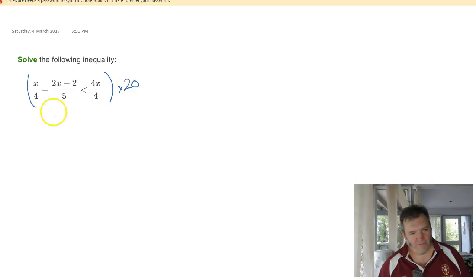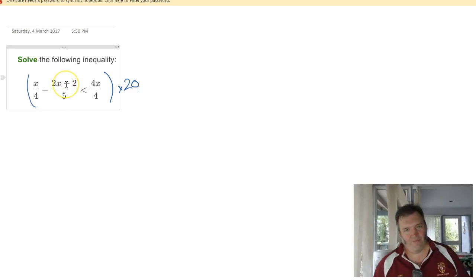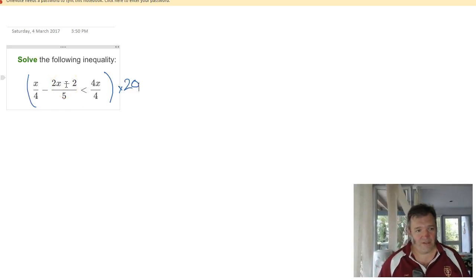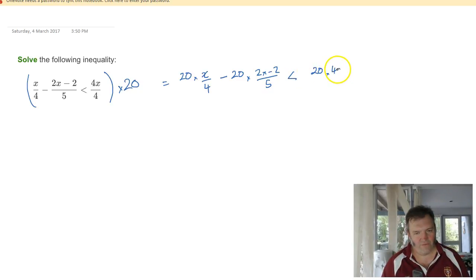Where a lot of people have trouble is they'll multiply this one by 4 and this one by 4, and leave this one out. By making sure you find the common denominator and do it to each term, it works, no worries. I'm going to go across the page to make it really clear for you for the first time. The first fraction, x over 4, is multiplied by 20. The next one, I've got minus 20 times 2x take 2 over 5, and that's less than 20 times 4x